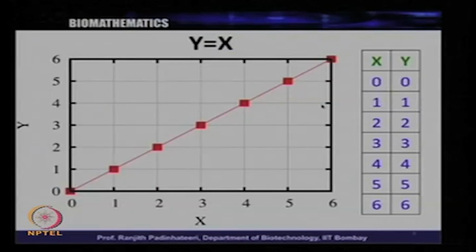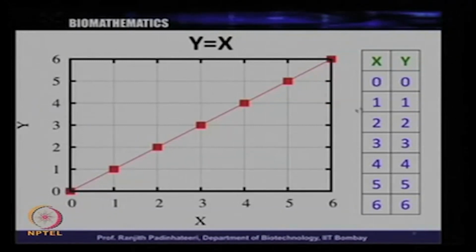See the graph we have plotted here. In the x axis we have x, which is 0, 1, 2, 3, 4, 5 and 6. In the y axis again we have y values 0, 1, 2, 3, 4, 5 and 6. The red filled squares are the points corresponding to these values. The first value, x equal to 0, y equal to 0, is represented by a point here,